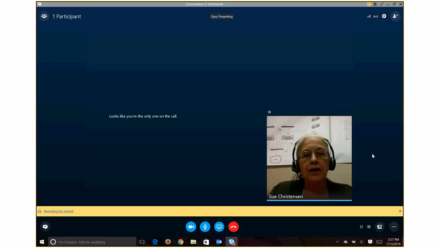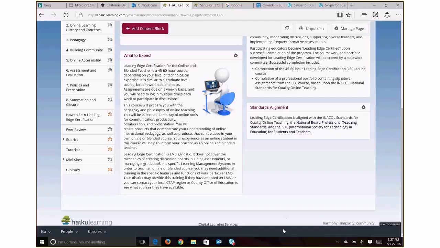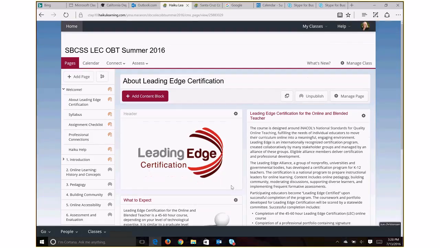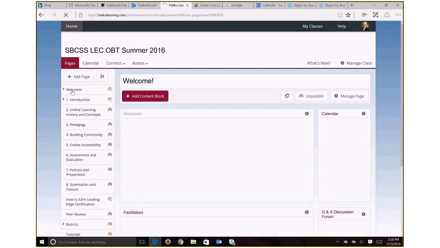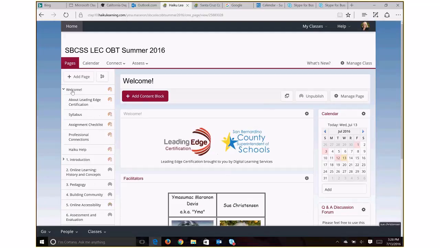Anyway, we're just going to jump right on in and take a look at the curriculum here. When you first log in, you're going to find yourself on the welcome page. And on the welcome page, there's a few things that we need to point out. By the way, I'm logged in as me, and so you're going to see add content block and things like that that won't appear on your screen. You'll also notice on the left, I may have more things available than you do, and that's only because we only open the modules up week by week, and I'll talk more about that in just a bit here.